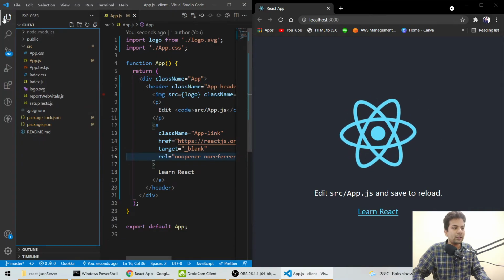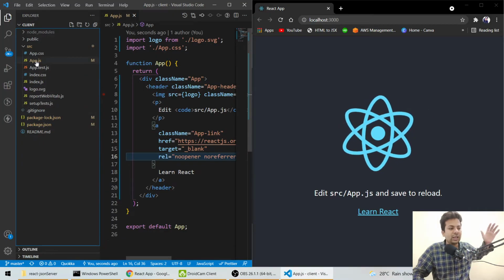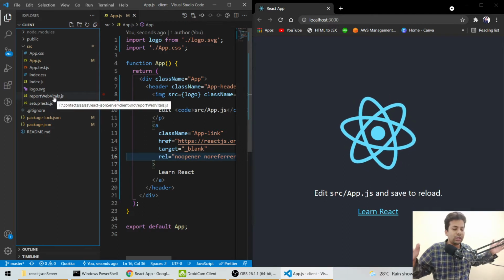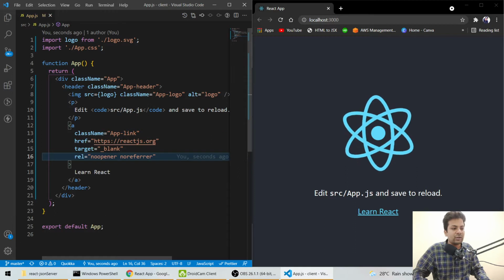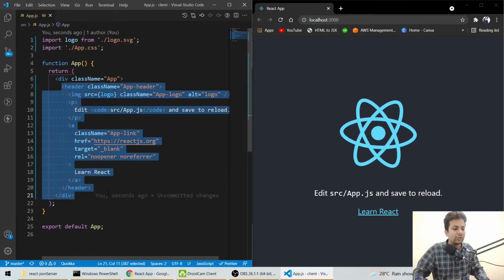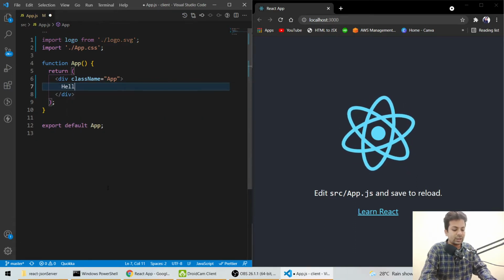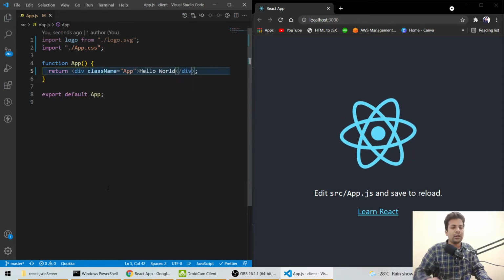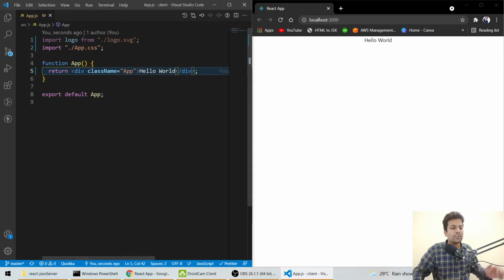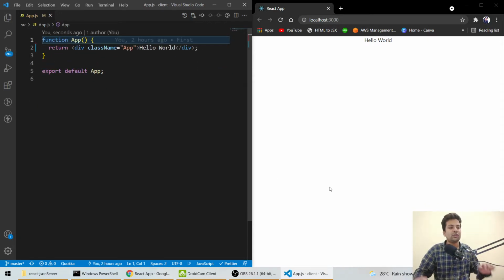Main is the app.js file, and other files you can just ignore, you can learn afterwards. So everything is here. If I just remove all of it and write hello world, see, hello world is showing up, and these are the css files. We can just remove them. Everything is cool, nothing much.